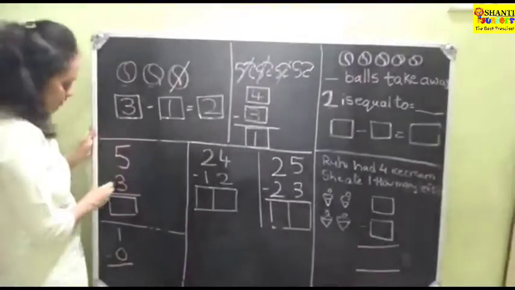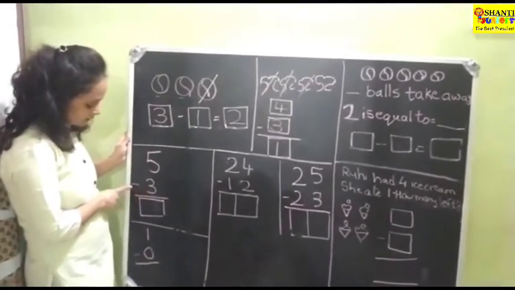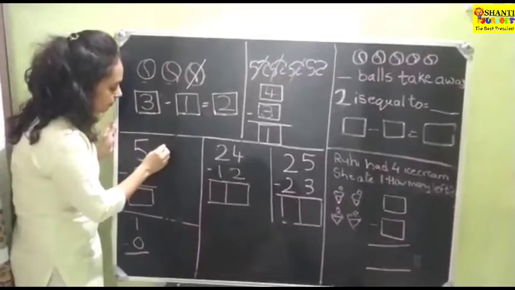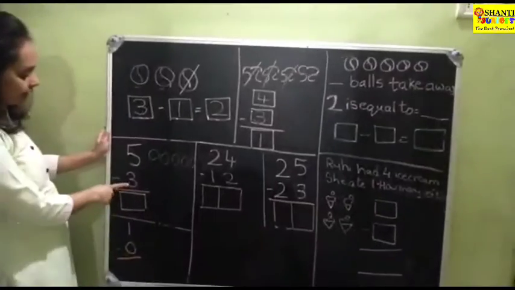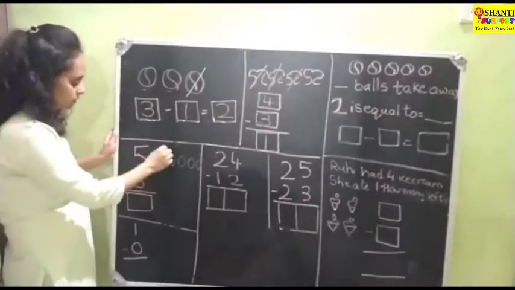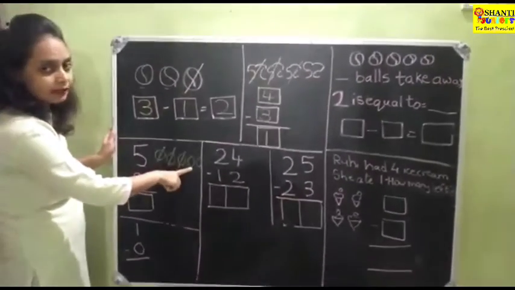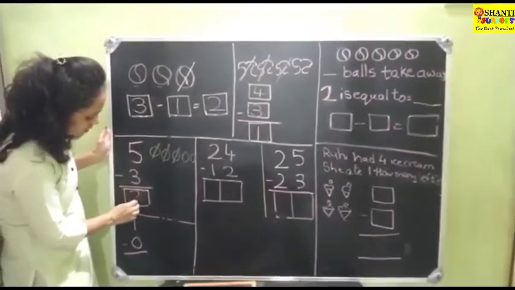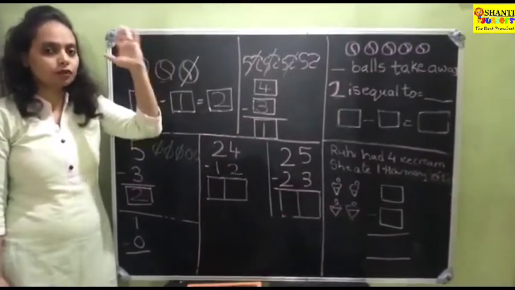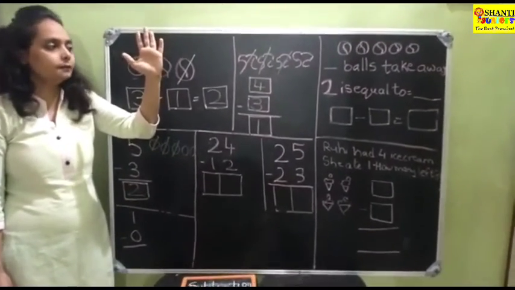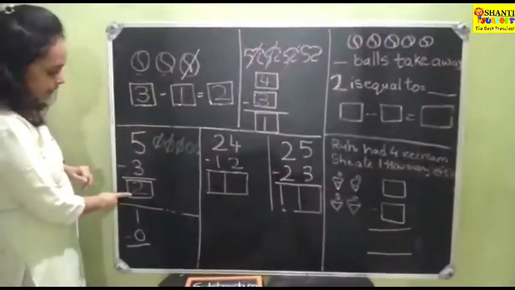Okay. So you will be having this kind of sums also, children. Like 5 minus 3. This is the minus sign. So you have to draw 5 balls. 1, 2, 3, 4, 5. Now they are saying you have to cut 3 balls. 1, 2, 3. Okay. So how many balls are remaining? 2. So you have to write 2. Okay. So simple, na children. From 5 you can do it on fingers also. From the total 5 you have to remove 3. 1, 2, 3. How many remain? 2 is remaining. So I am going to write 2 over here.